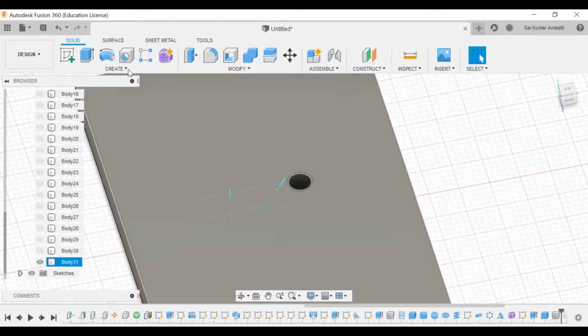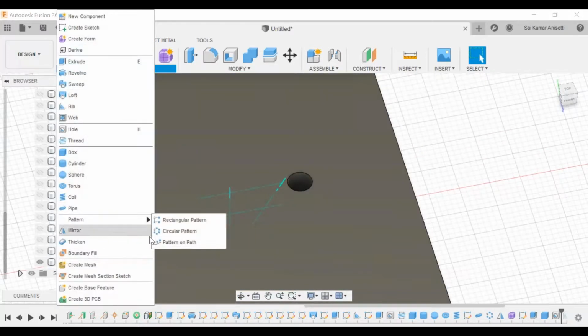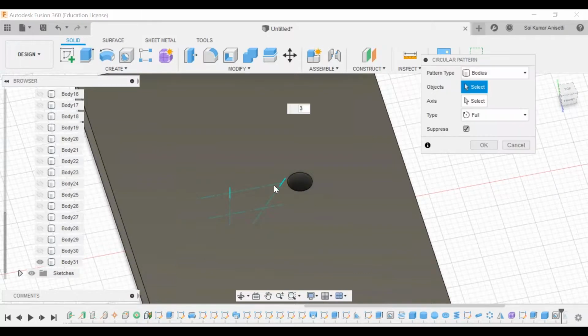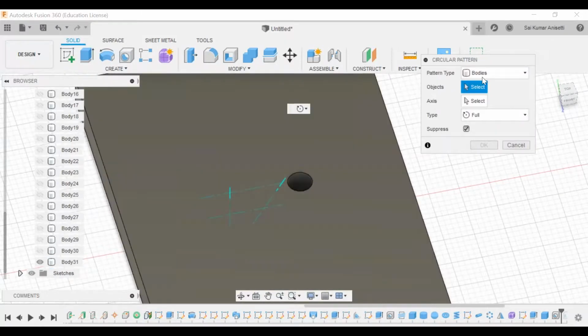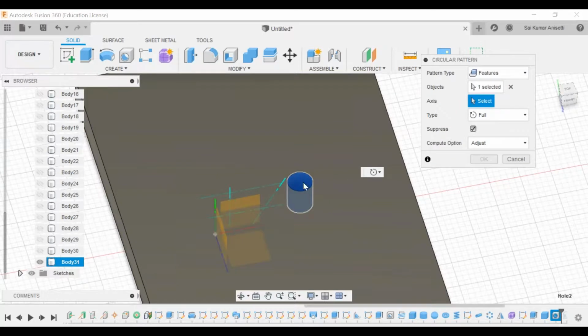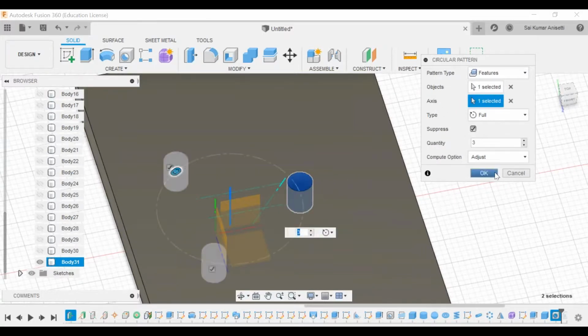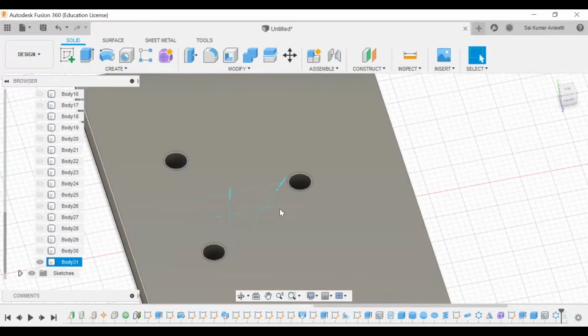Now I have made a hole. So go to pattern and circular pattern. Select an axis of this one. Click Okay.